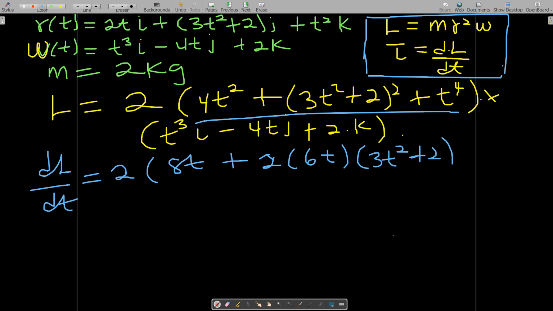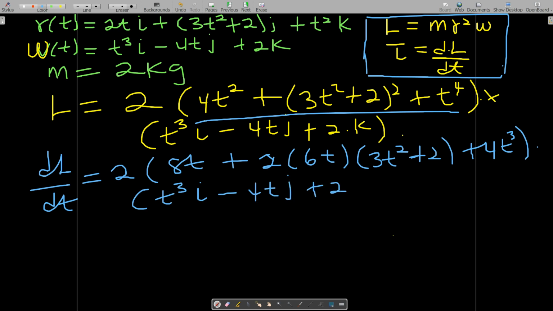Then I subtract 1 from the power and I get it just like that. Then plus 4t cubed, okay. Then I keep the omega part, so I keep t cubed, i minus 4tj